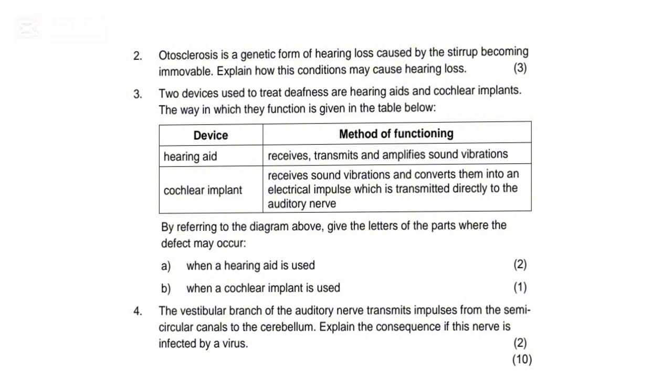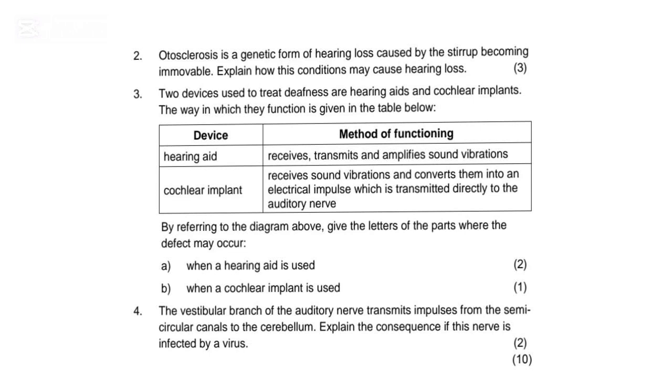to the auditory nerve. By referring to the diagram above, give the letters of the parts where the defect may occur. 3A. When a hearing aid is used. The tympanic membrane receives and transmits sound vibrations to the middle ear bones, and the middle ear bones amplify the vibrations. So this means that the parts where the defect occurred is part E and B, the tympanic membrane and